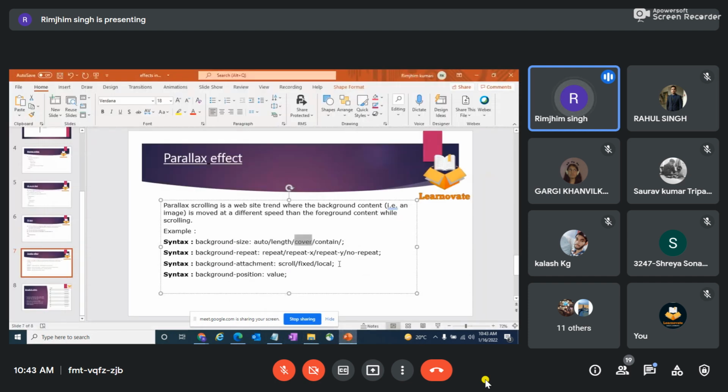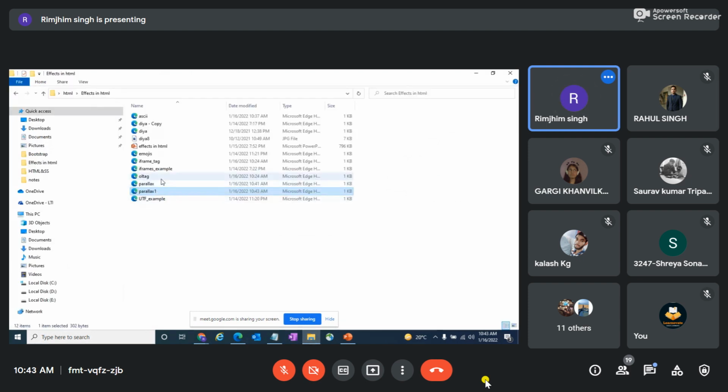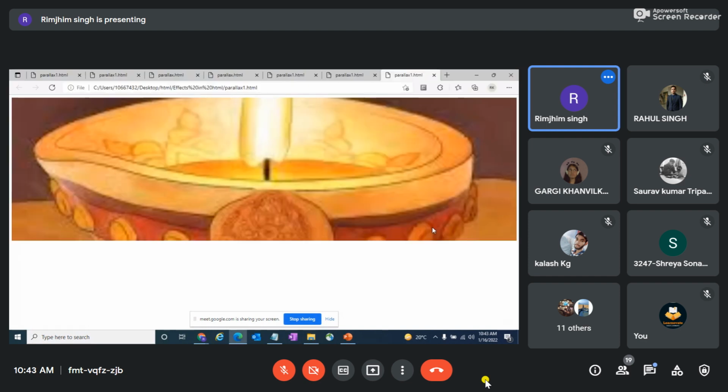So similarly, these are all the parameters for your Parallax program and you can just use them as per your wish. So if I put the background attachment as scroll here, instead of fixed, I should be able to get the scrolling effect. So yeah.